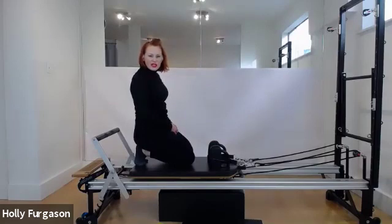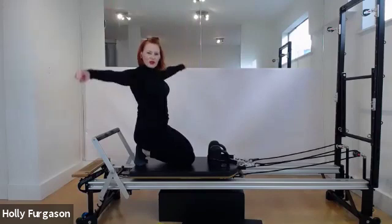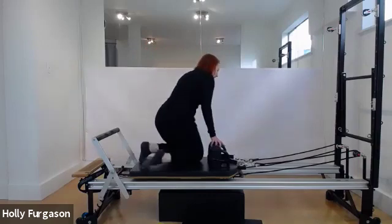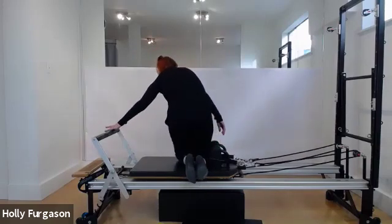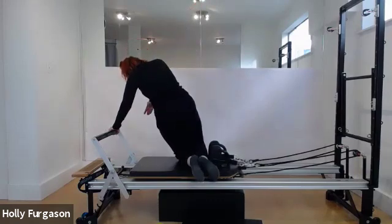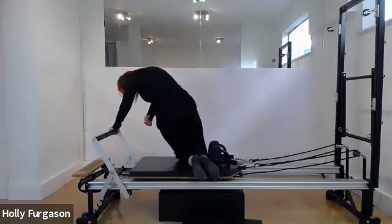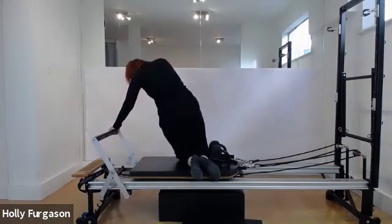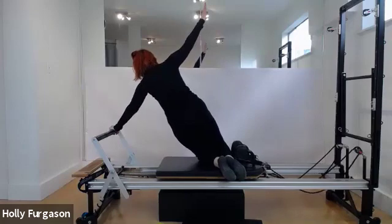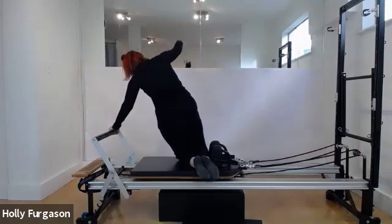Good. Draw the shoulder down like that wine bottle opener feeling as you come back in, so you're not letting your shoulder hike up and it send you into a side bend. And then from here, keep the carriage in, reach the top arm up, thread the needle under, rotate your upper body like you're looking under your armpit, open back out to the side, push out and pull back in and thread under,